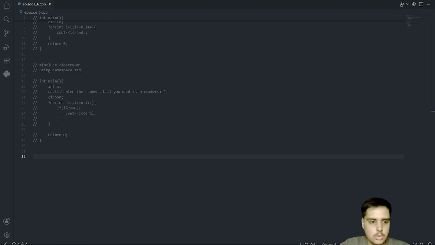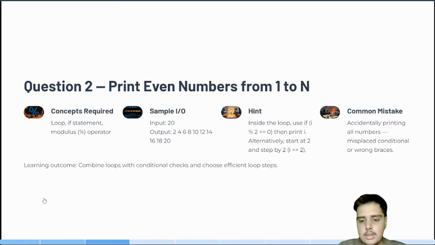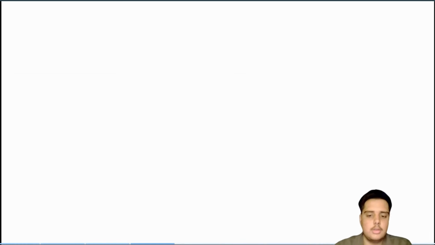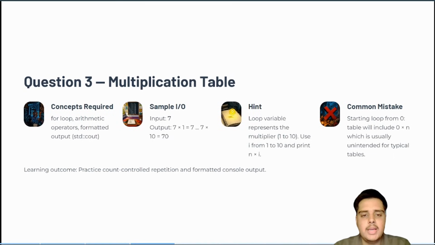Now coming back to our presentation, the next question is the multiplication table. In this question, a for loop is used, arithmetic operators are used, and formatted output is preferred.